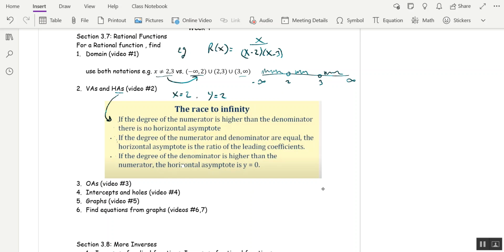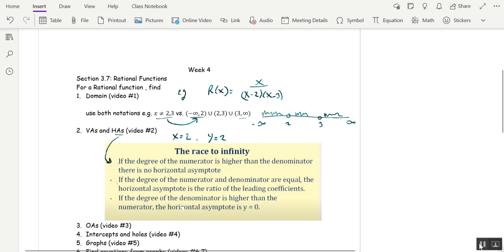So we're going to spend a lot of time using rational functions in this class, so it's definitely worth investing the time in this section right now, and you'll be thankful that you did that throughout the rest of the course. All right, and that's